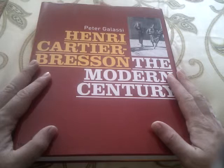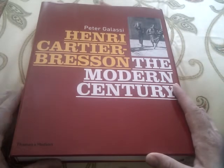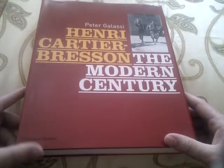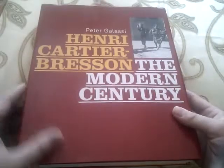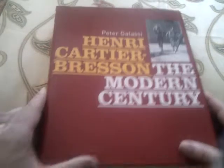A fantastic photo book that's been put together with the retrospective, would you call it? A show of Henri Cartier Bresson's work that's going on currently, or might have just finished at the Museum of Modern Art, I think in New York. Anyway, this is a fantastic thick hardback book available from all good bookstores, online, etc., and probably available from your library pretty soon. And if you're into Henri Cartier Bresson, or you want to know more about Henri Cartier Bresson,